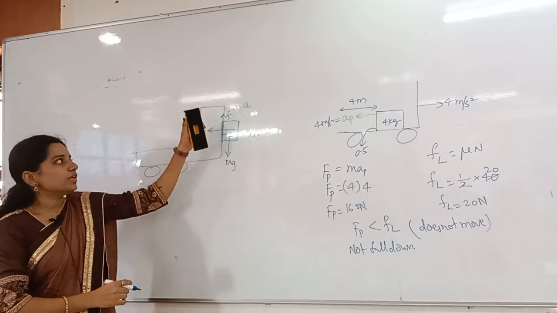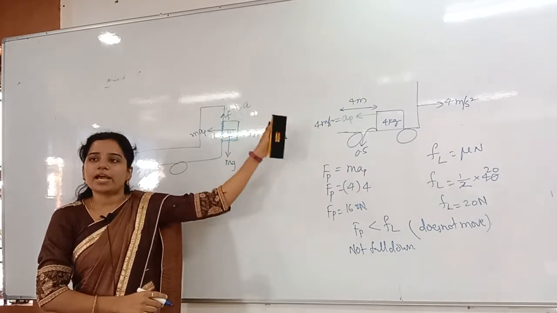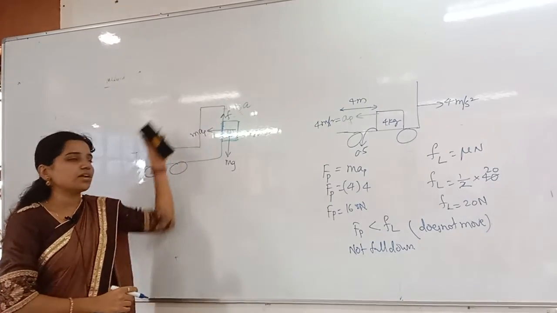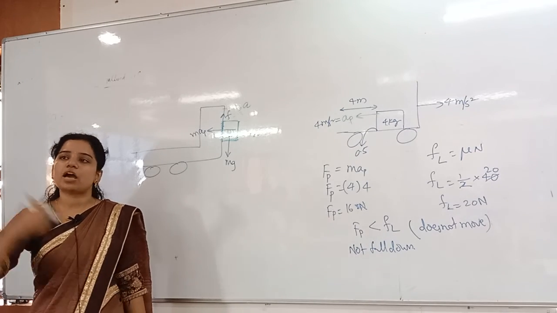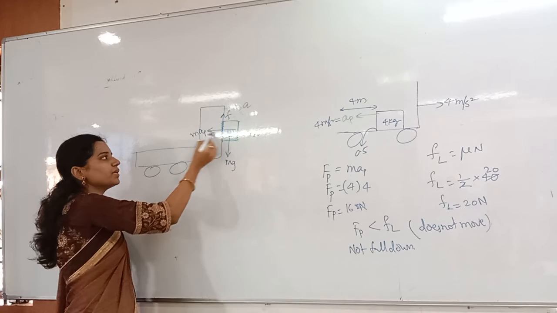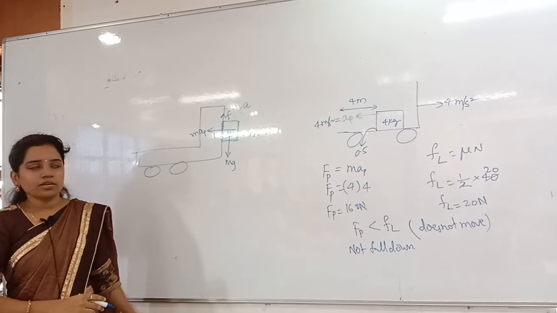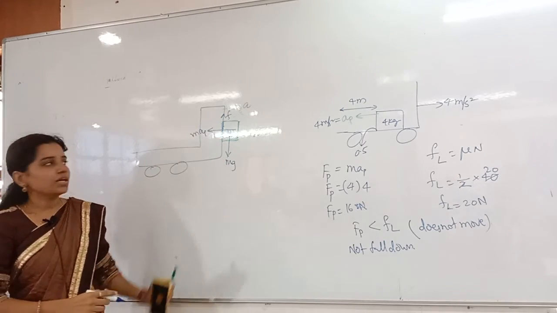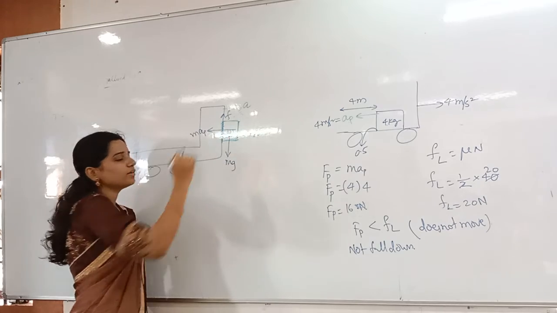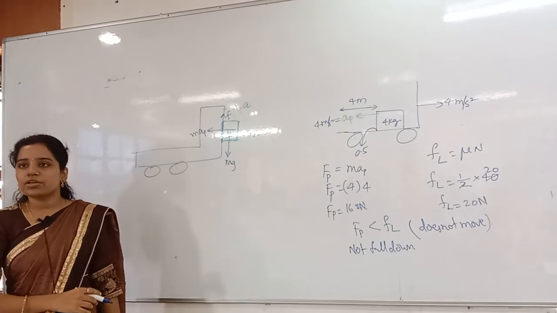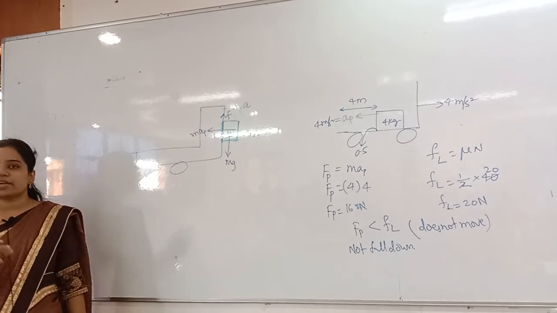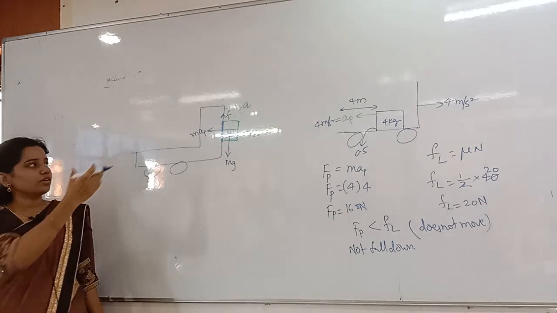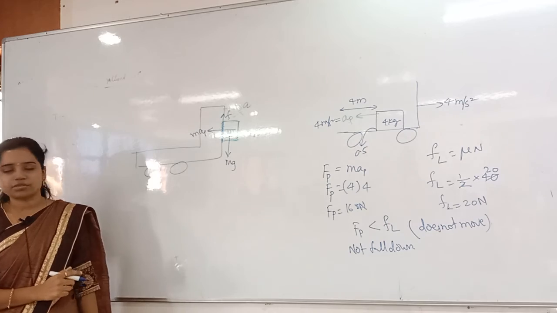Now, the truck is moving with acceleration a, and this is a non-inertial frame of reference. So the pseudo force will act in the opposite direction. So ap is acting in this direction. The force is m·ap, and away from the contact, the normal reaction will always act. Now, what are they asking to find? The acceleration required by the truck to keep the block at rest.